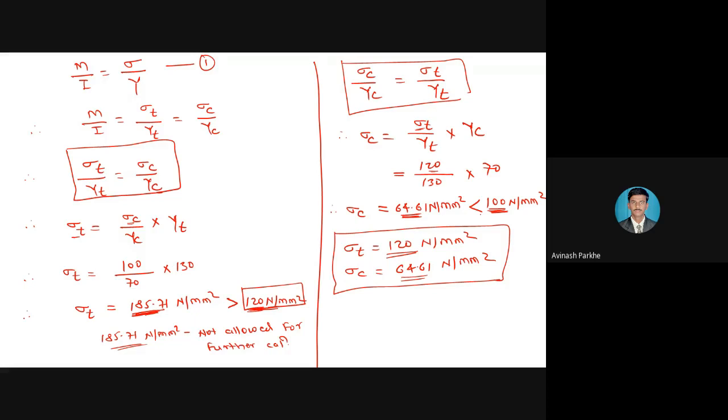That means whenever both the stress values are given, first of all calculate those stresses once again by using the given stresses, and out of that check the minimum value of sigma T and the minimum value of sigma C, and then calculate the W.